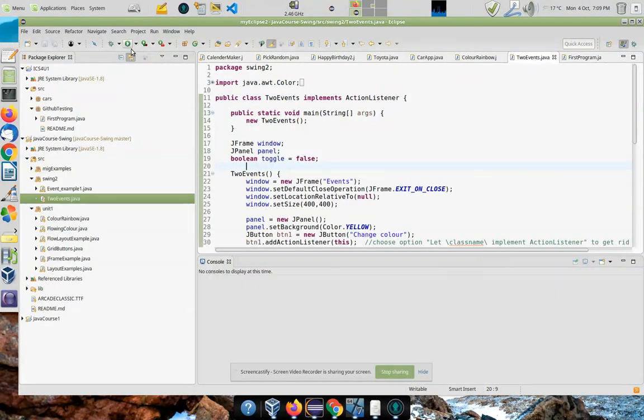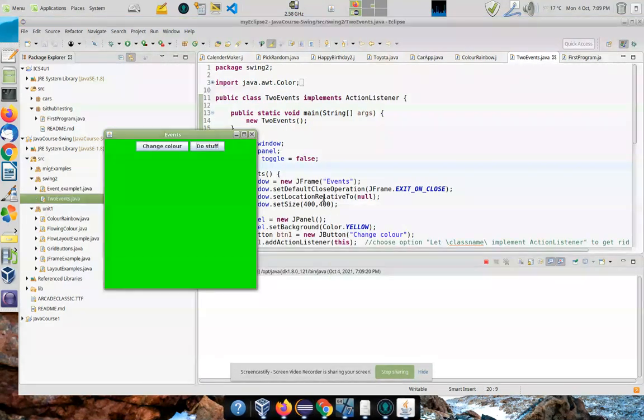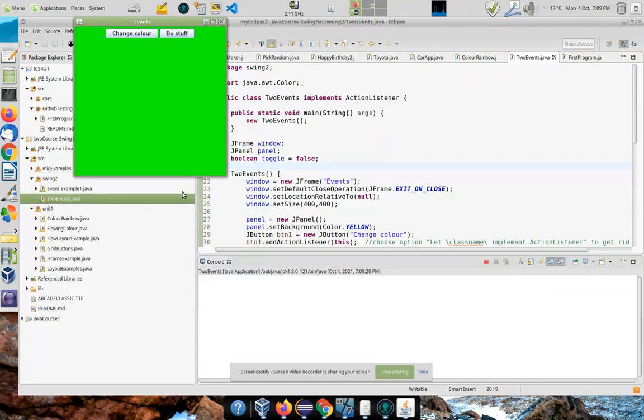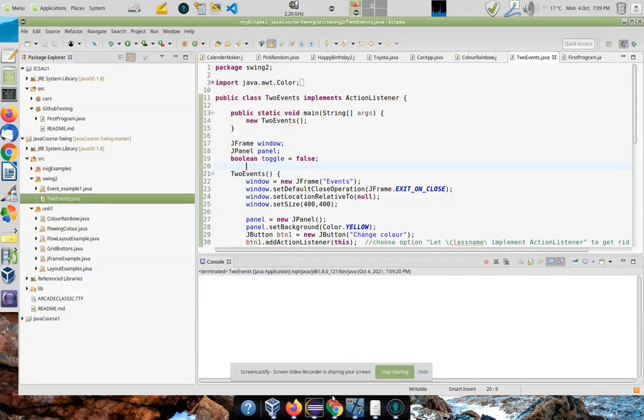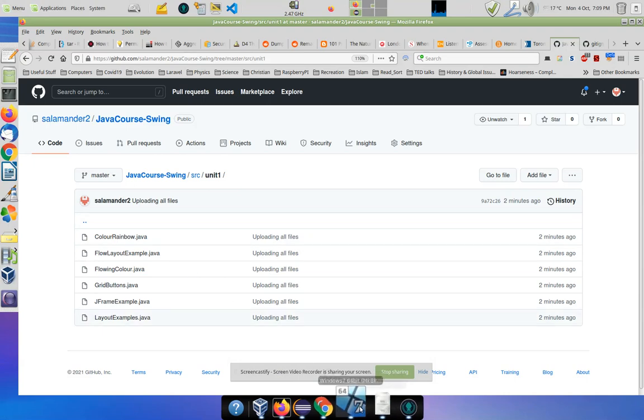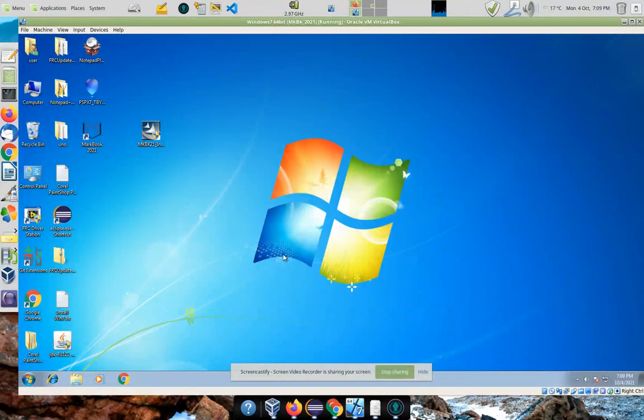What does this program do? Two events. Oh, it moves it around on the screen, which is kind of cool. Great. So now what we want to do is go to a different computer and connect the other computer to this as well. So here's my